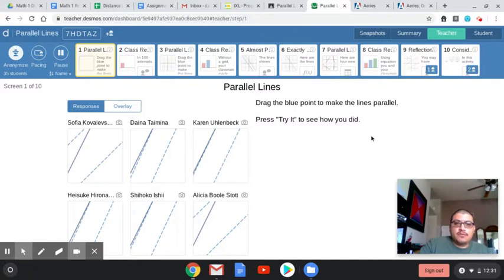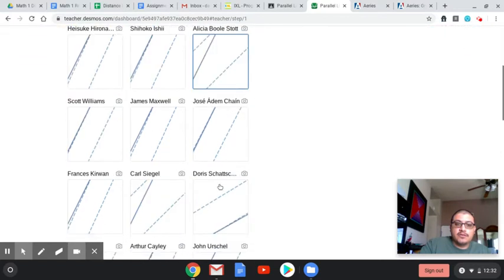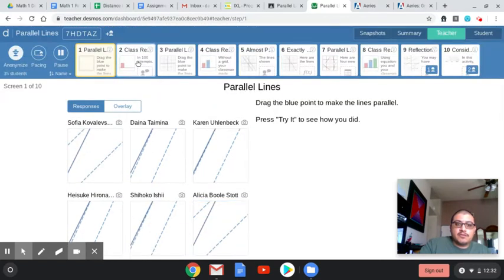I wanted to go over this assignment, parallel lines using slope. I believe the main idea is that it's easier to draw parallel lines when you know the equation and you know that the slopes are the same. So this first section has you graphing parallel lines just from looking at a picture without any grids or anything. And in those 100 attempts, it looks like,